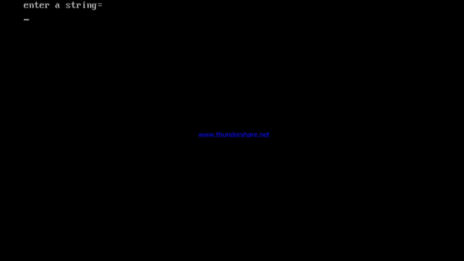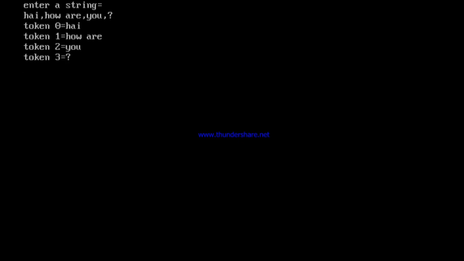Okay friends, so it's asking me for the string. I'll just type something like hi comma how are comma you comma question mark. You can clearly see I have entered the string that includes commas, and there are spaces also. I have given the comma as the character to divide my string into tokens. It searches the entire string and finds whenever there is a comma that divides the string into substrings.